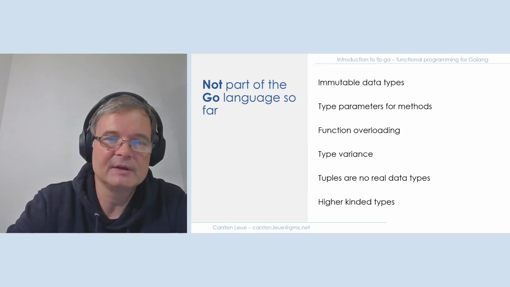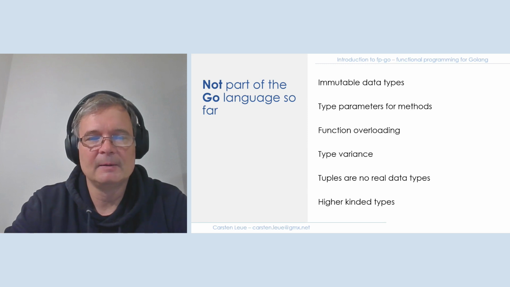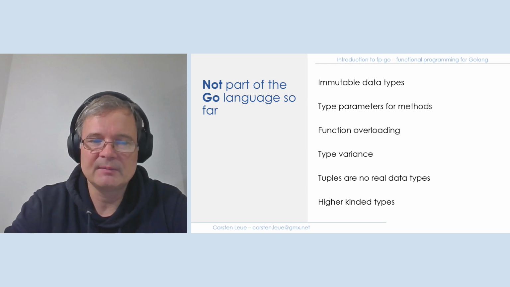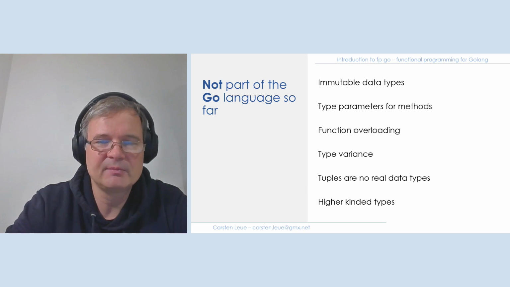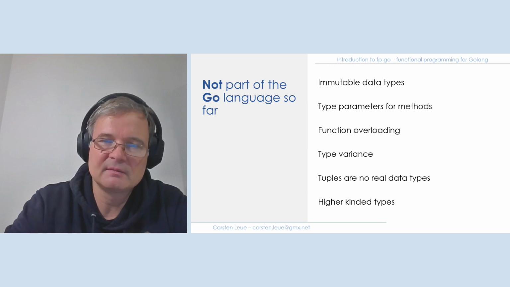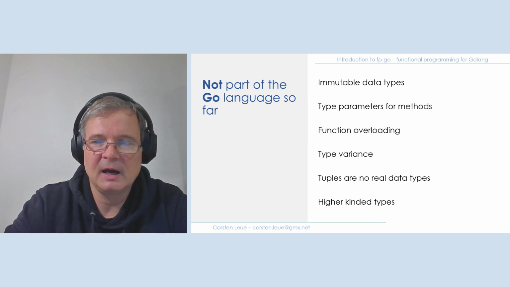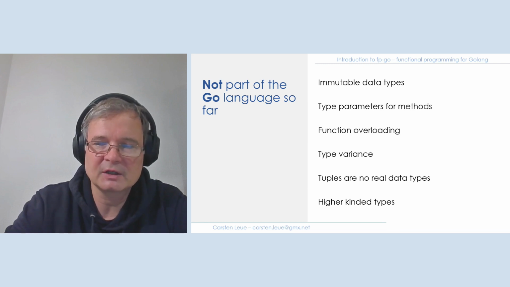It would be nice to have this in the language, but there is no const keyword. There's actually no way to do this. It would also be helpful to have type parameters for methods. This comes a bit out of the blue here because I have not introduced it, so just take this at the moment as a statement. I've shown how type parameters work on functions.